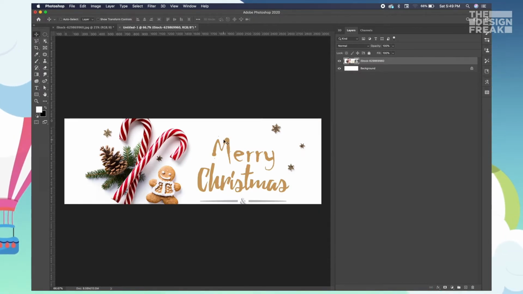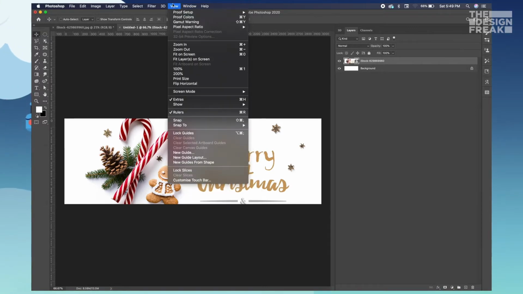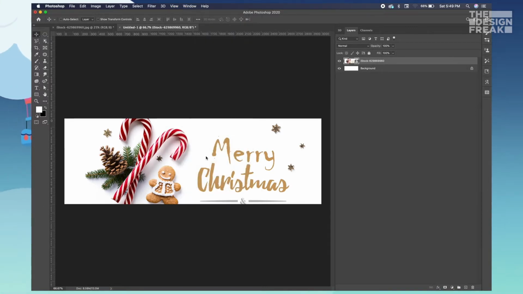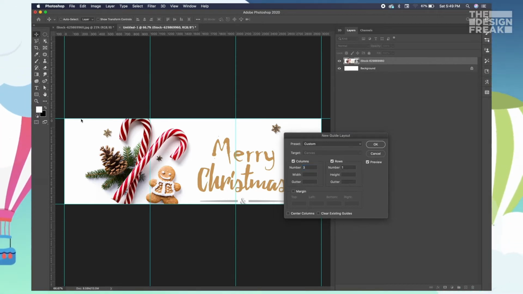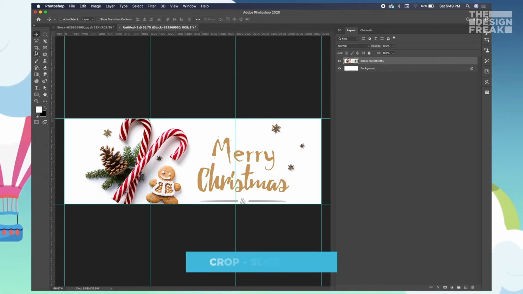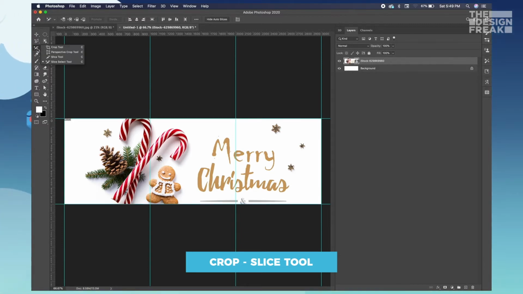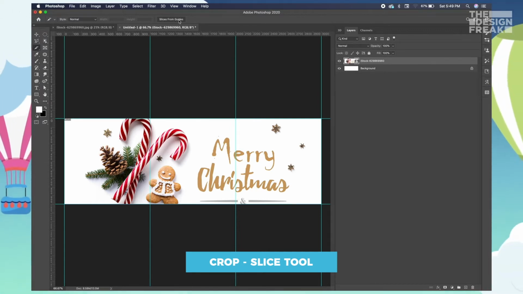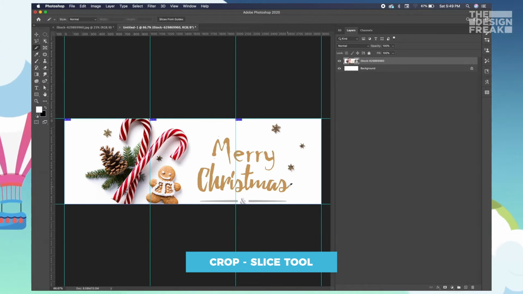The technique that I've found, which is much easier to do, is you have your grids right here, new grid by layout. You can divide it by 3, rows can be 1. Okay, once you're good to go with this, you can go on the crop tool and use the slice select tool. Once you get this slice from grids, click on that. Now this entire layout has been divided into 3 sections.